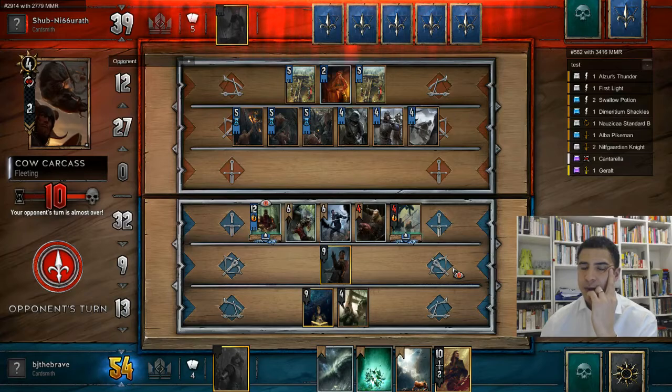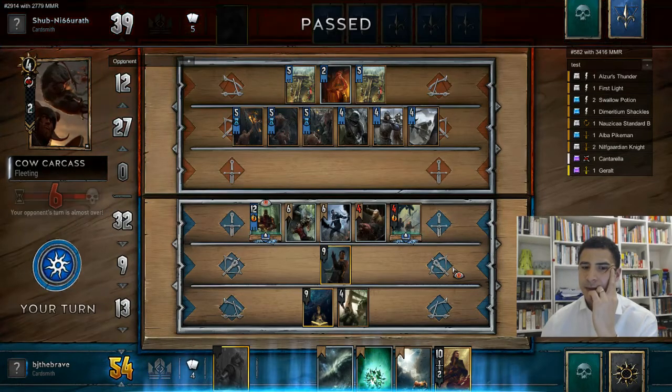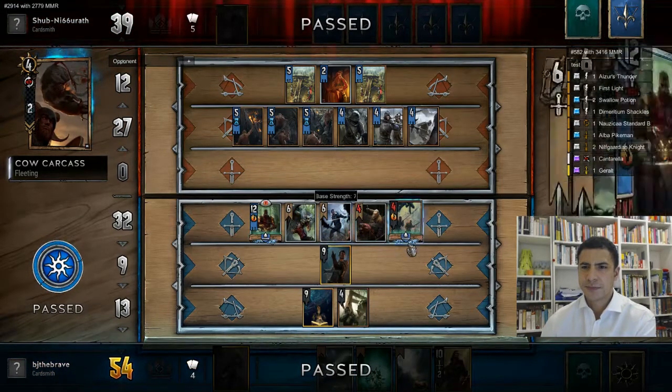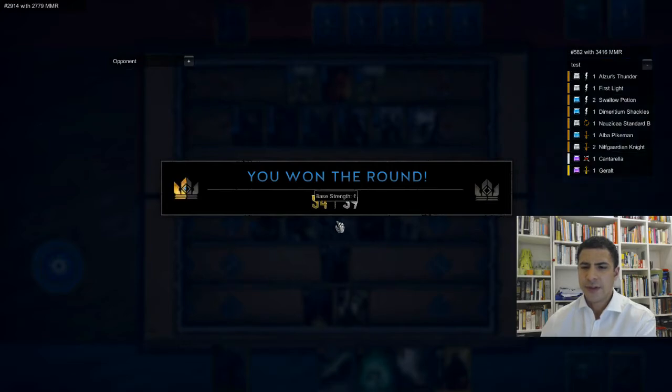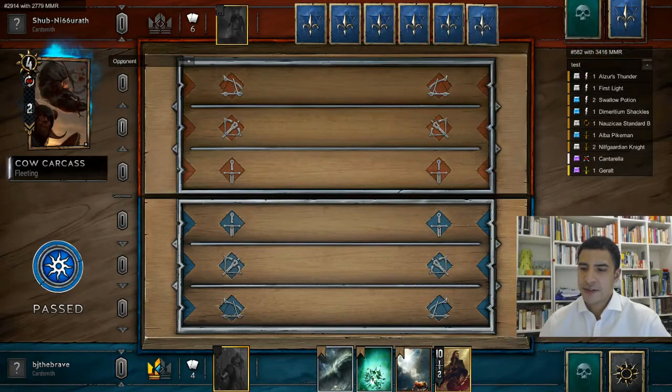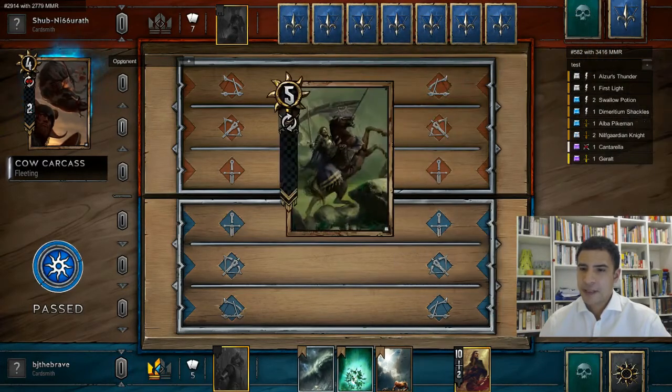The thing is, we really want to win first round against Radovid control. Okay. Good. Okay, so he's passed, so we pass. So that's the first objective achieved, is win round 1. You'll notice that I put Geralt to the top of my deck, and that's because...